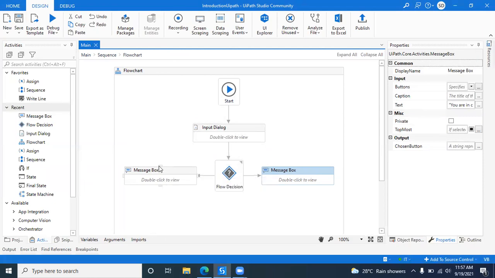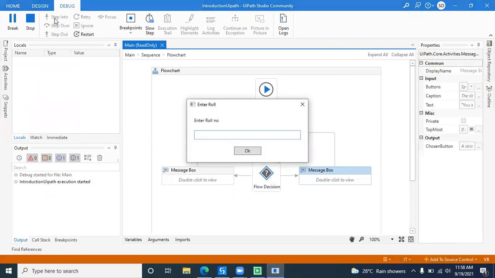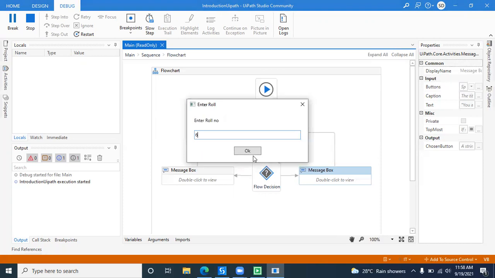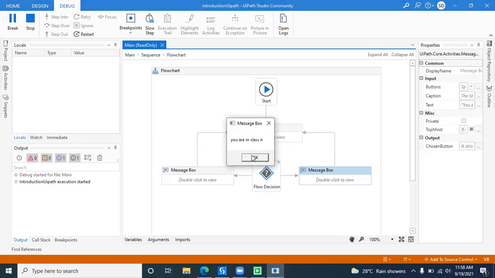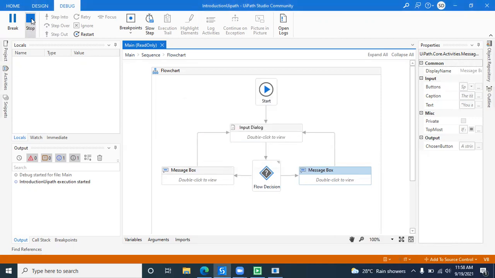So if you want to repeat the same, you can just connect this. You can put the conditions. That is the latter part, but right now I'm just telling you how you can continue the workflow. Why flowchart is used: if I'm using 1, it will assign to class B. If it is 6, it's assigned to A. So this will continue until and unless you are having students. We can put the condition for that. But understood what is the basic purpose of using flowchart?